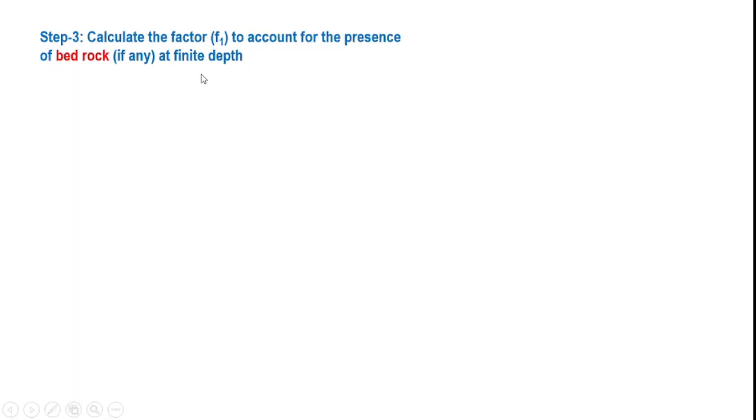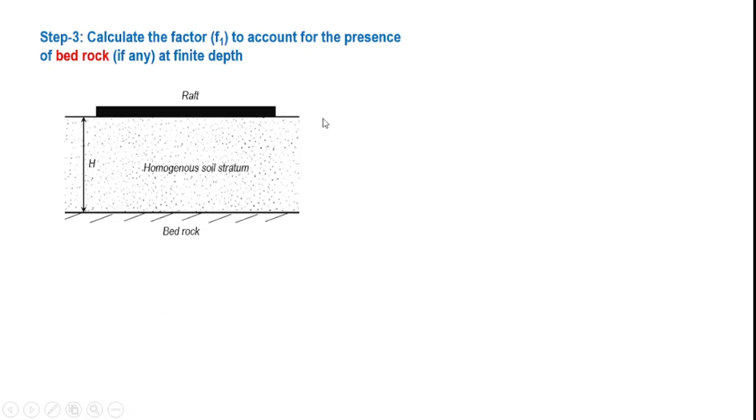And in step 3, we will compute how the stiffness obtained in step 2 needs to be adjusted for the presence of a bedrock at a finite depth. If you remember, we assumed that the bedrock is available at a depth h equal to 60 meters below the surface, and we need to correct the stiffness obtained in step 2